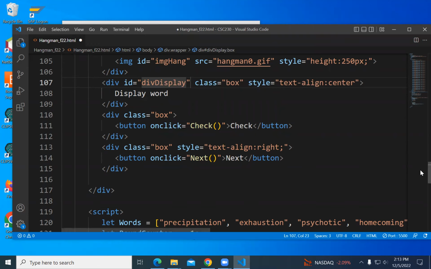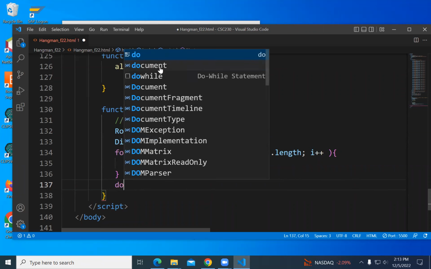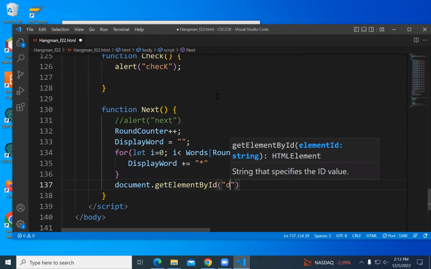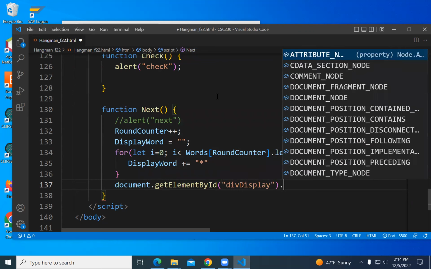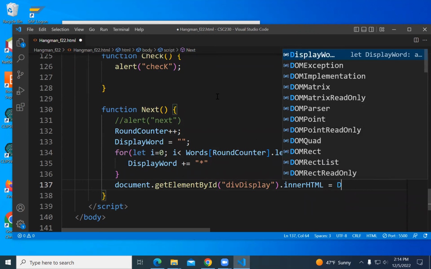So now I want to document.getElementById, div display, .innerHTML, and I want that to be display word.